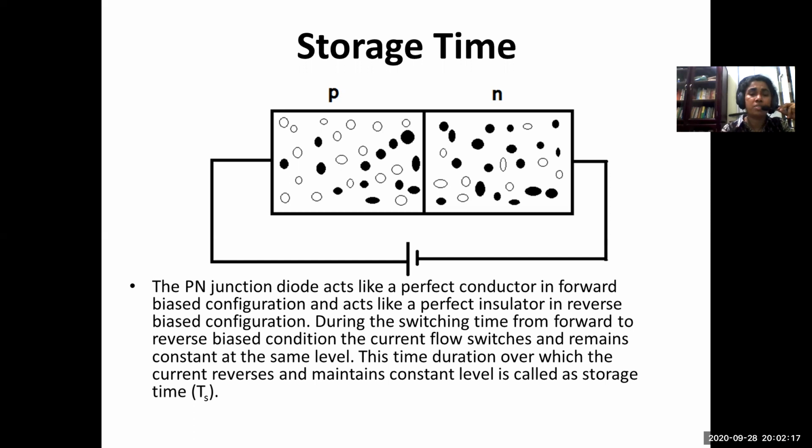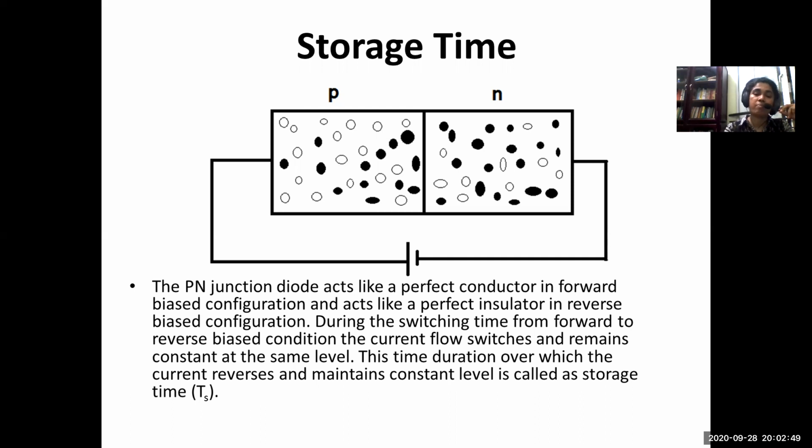And how fast you can make this switching between forward biased and reverse biased will affect your speed of data transmission. For example, suppose you need 1 second. It's a very large time, just for an example I'm giving you. Suppose you need 1 second to switch between the forward biased state and the reverse biased state. That means if you have a 1 and a following 0, then you must allow a gap of 1 second between bit 1 and bit 0.